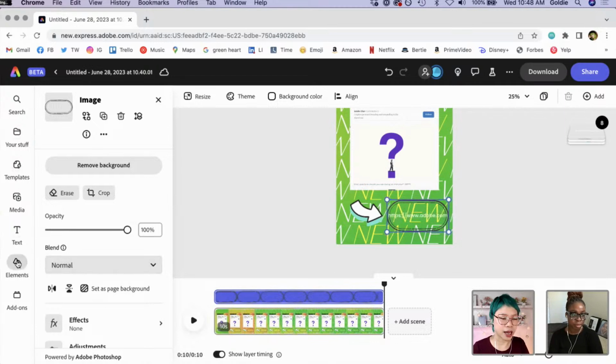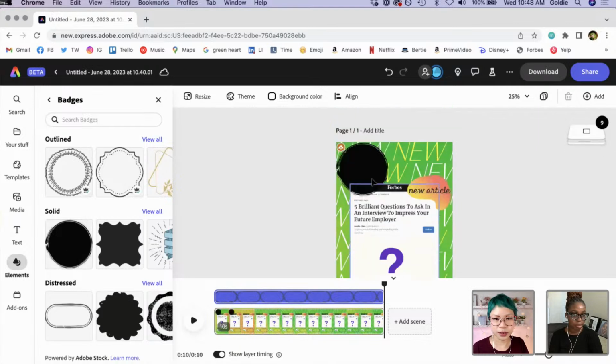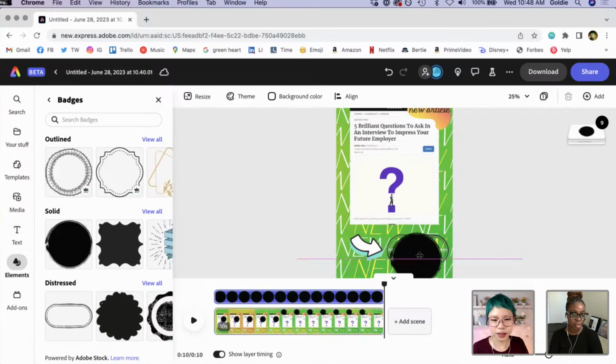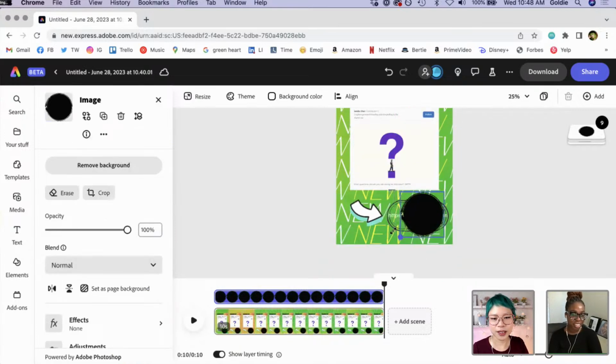So I'm going to go ahead and we're going to add in another background on this. Once again, we're just doing this as we go. We're just having a good time, right? Yes. And I feel like this is what I really enjoy about Adobe Express, is it feels just so meditative. Okay, so as you can see, it's currently blocking our text, which is no good. So we're going to move it down.